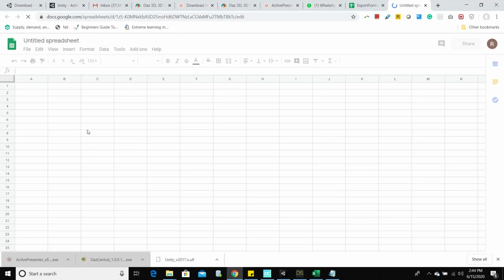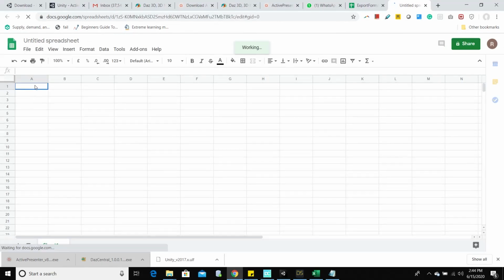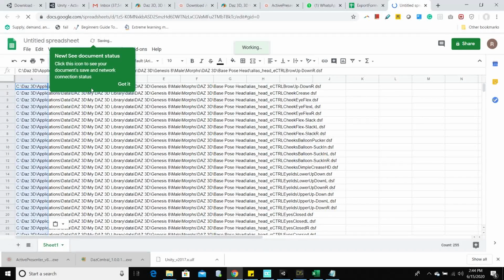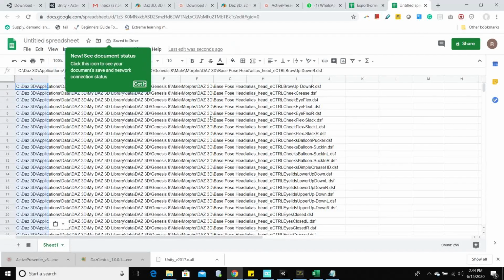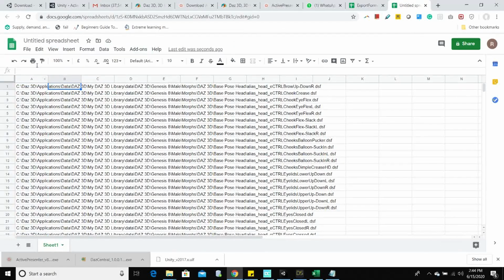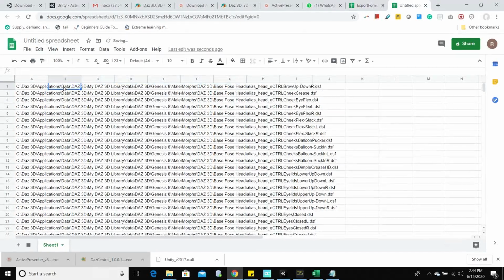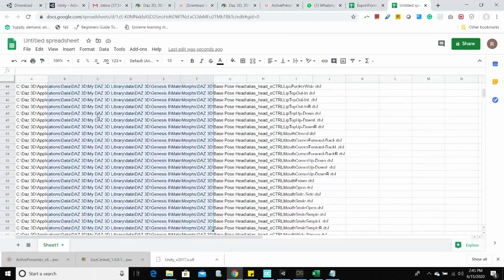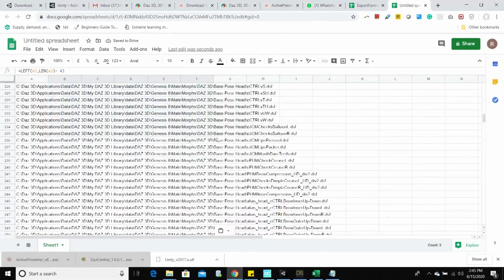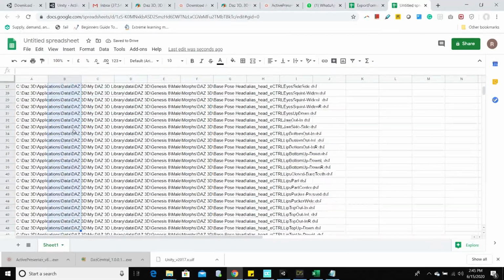Let's create a new spreadsheet and paste all the selected paths. I will now apply several spreadsheet formulas. The last column will contain the desired output.